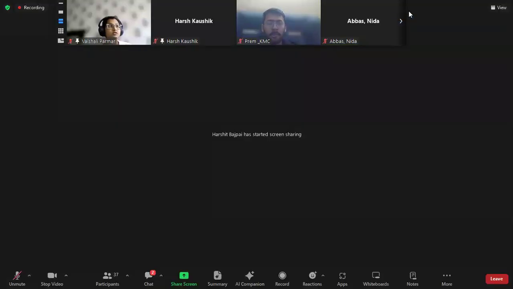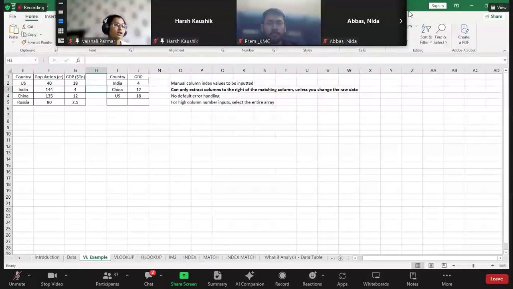I hope everyone is clear with this basic of VLOOKUP. Now, if I want to calculate per capita population, what can I do? I will insert